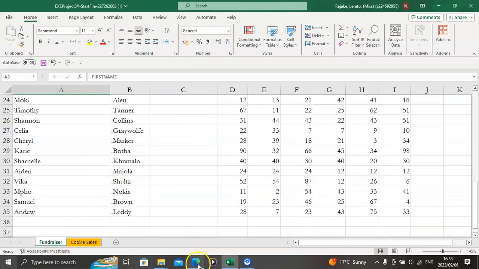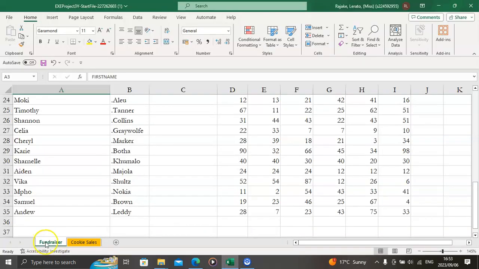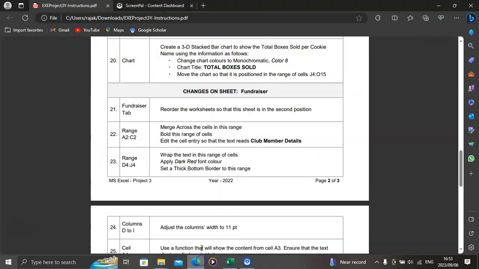Fundraiser. Okay, what is the first instruction? Fundraiser tab. Reorder the worksheet so that this sheet is in the second position. So we are simply going to click on the tab and drag. Next instruction,